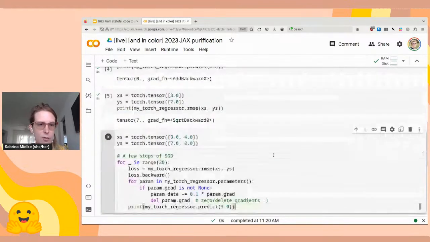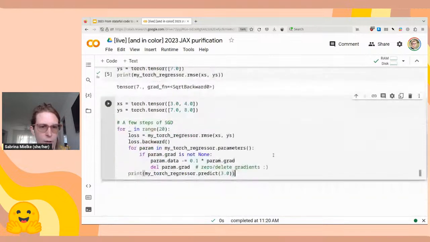So now that we have a loss that works, we can do a little bit of training. So let's make the data set a little bigger so we're not totally underdetermined. You can make out in your head what M and B fit this one, but it should be fairly straightforward. Let's just train this. We get the loss, we backward. We go through the parameters, we add the gradient, blah, blah, blah. We do this little step that, when I learned this stuff, I always loved to forget and wonder why my